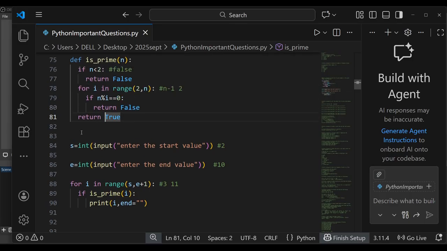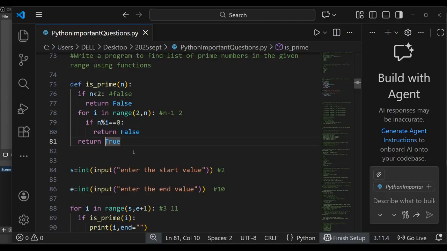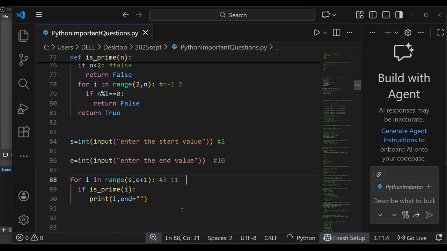So in this way, in the whole process, I have to take the start value from this and the end value from this, and after one value, increment to another value, then increment to another, because a loop is a concept which is going to increment till the time it reaches 11, and in each number, it will check for 2, it will check for 3, 4, 5, 6, 7, 8, 9, and as well it will check for 10. But 10 is not a prime number because it is divisible,